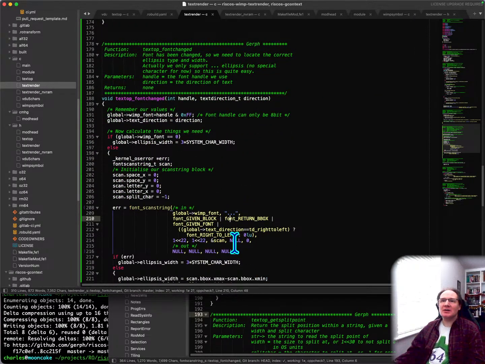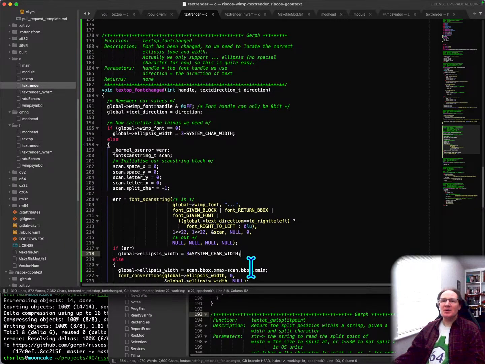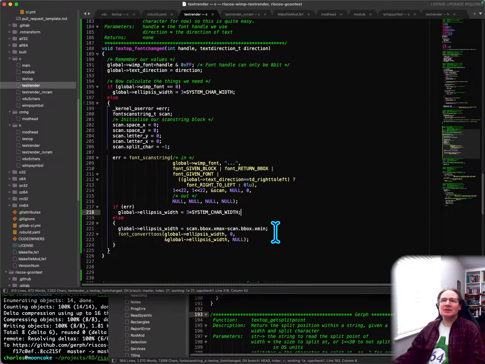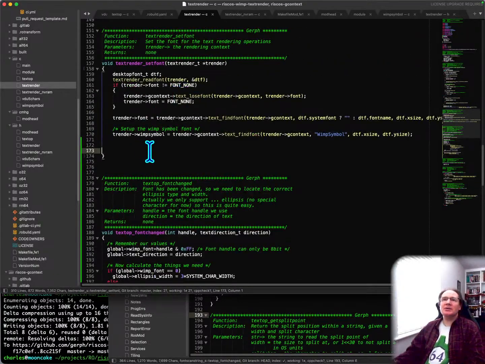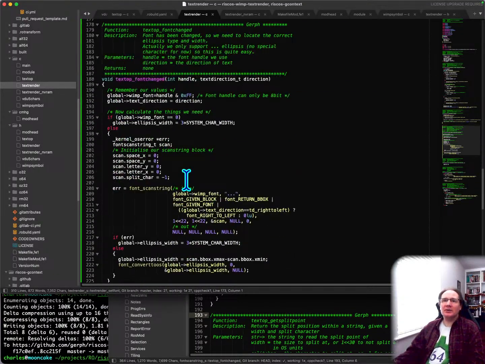So what we do want to do though is work out what the ellipsis character is. So that's this call, or 3 times system character width, which actually we don't need to do. Ellipsis width is max minus min. Yeah, that sounds sensible. And then we do a convert to OS. Now, if I remember rightly, we don't need to do that. We just, because it's already using OS coordinates. So I think we're probably okay with that. So let us see what we can do with this. This is almost entirely redundant, I think, because we're going to do a string width call. If we look down here,